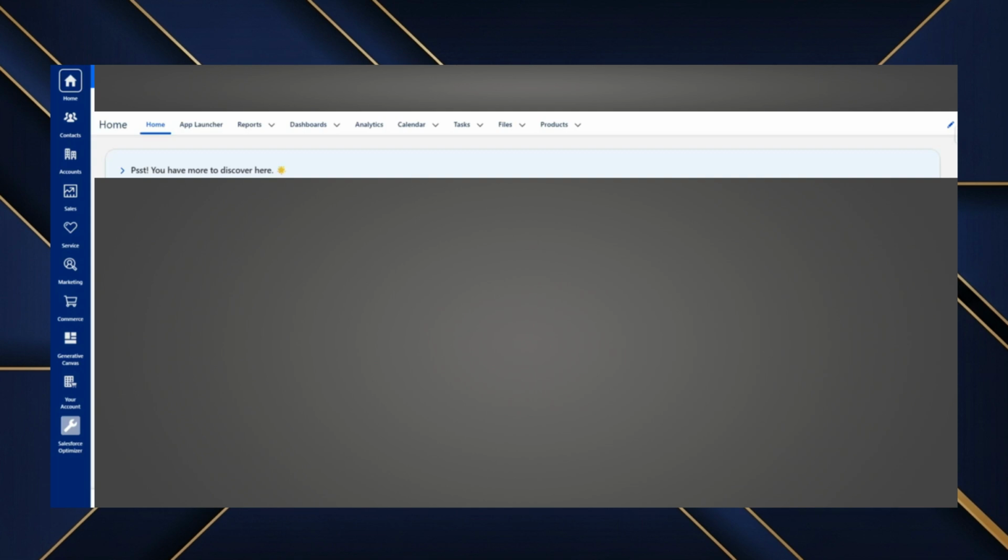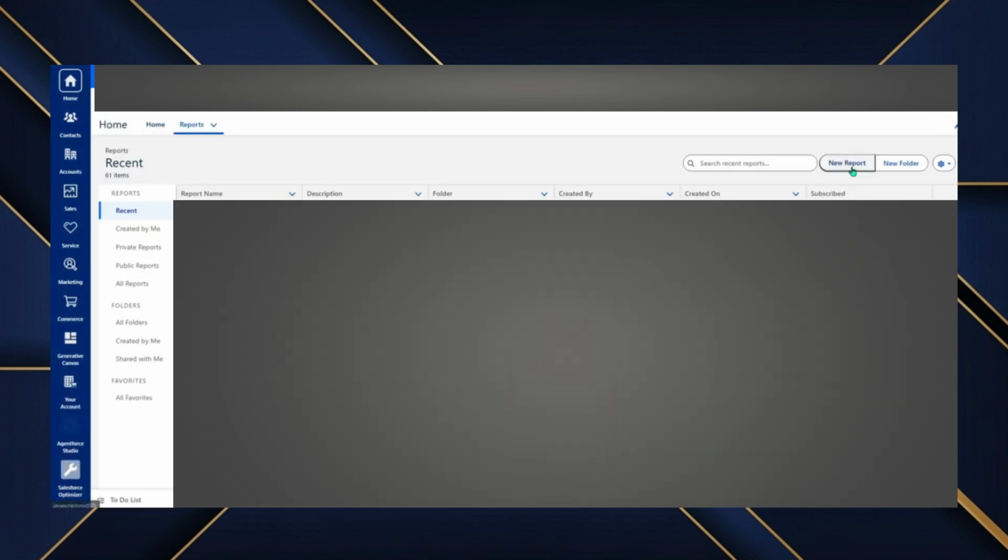In this video, I'll walk you through how to create a report in Salesforce so you can quickly turn your stored data into useful insights. Start by making sure the Reports tab is visible in your navigation bar, adding it if necessary for easier access. Once inside the Reports area, you can either run a pre-built report or click New Report to open the report